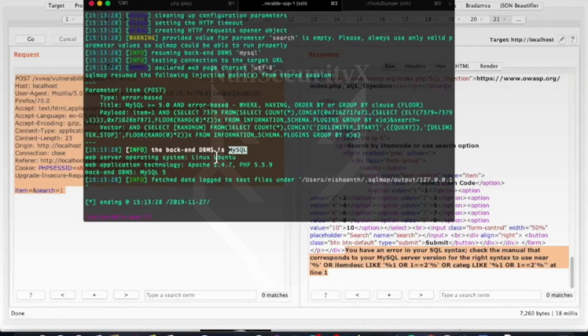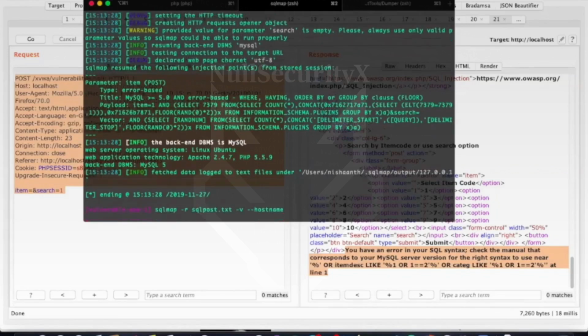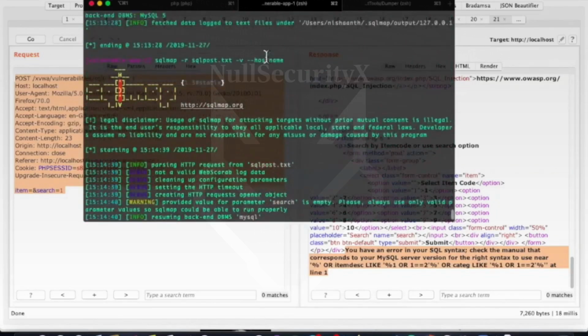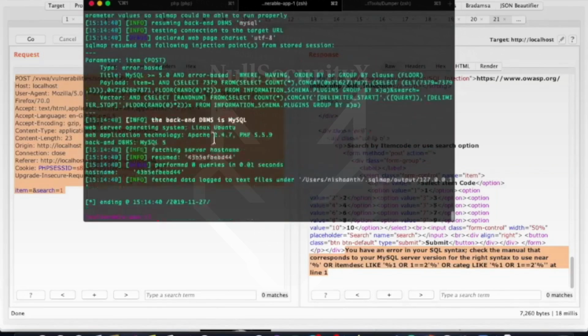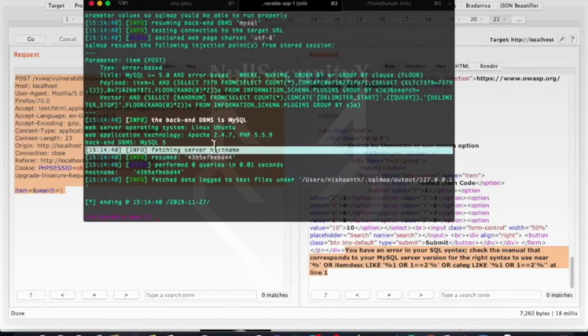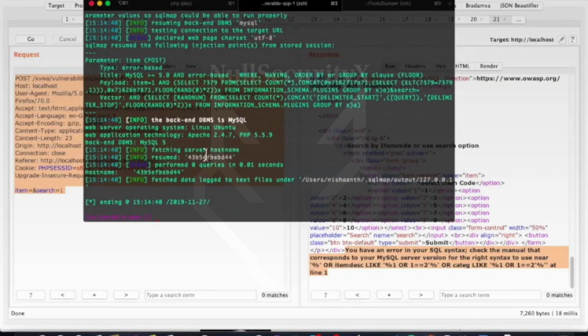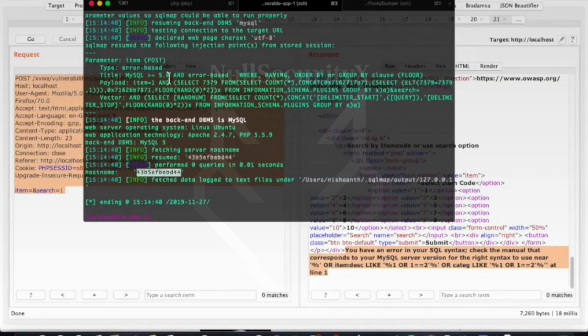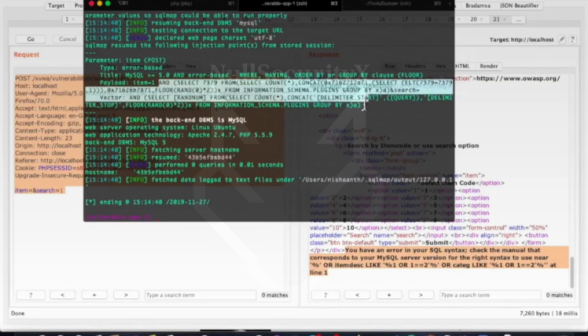Not only can you determine the database, but you can also determine all the tables inside it or the columns present. You can also, for example, check the hostname. You just run sqlmap with the flag --hostname. It is going to fetch the server's hostname, which is this. And since it is in verbose mode, we again can see the exact query which SQLMap sent,